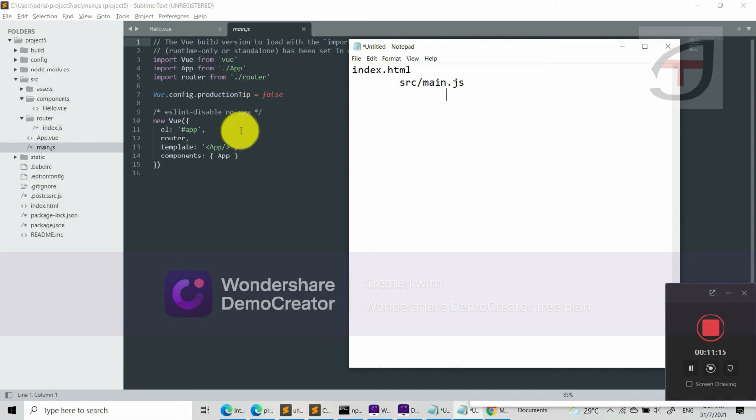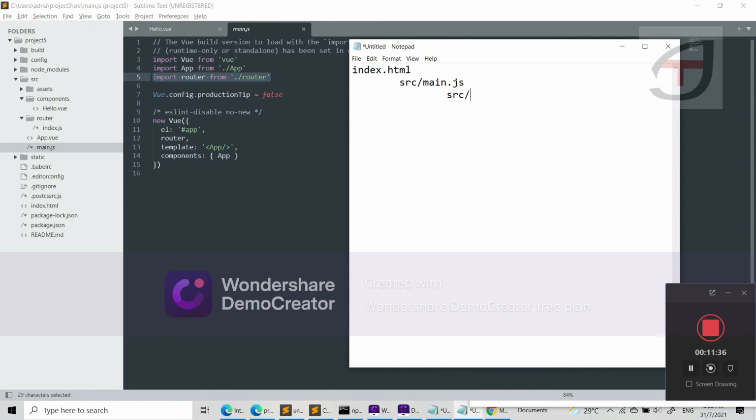After main.js, there is a reference to the router. This router is what tells our application which file, or component, to use. That is defined here in the router file,